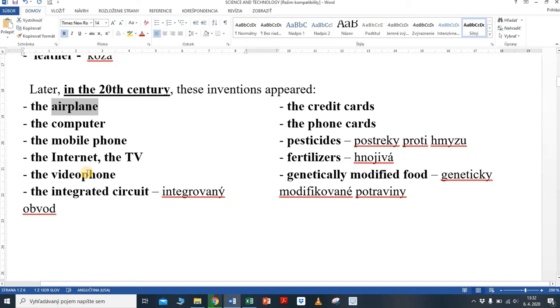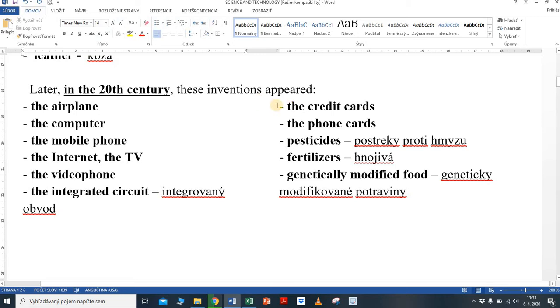The experience of flying, the use of computers, connectivity thanks to the mobile phones, the internet or the mass media like radio or television. All these represent the integral parts of our everyday life, and they represent, above all, the comfort which accompanies our age. The integrated circuit is a part of every single electric device we use at home, at school, or at